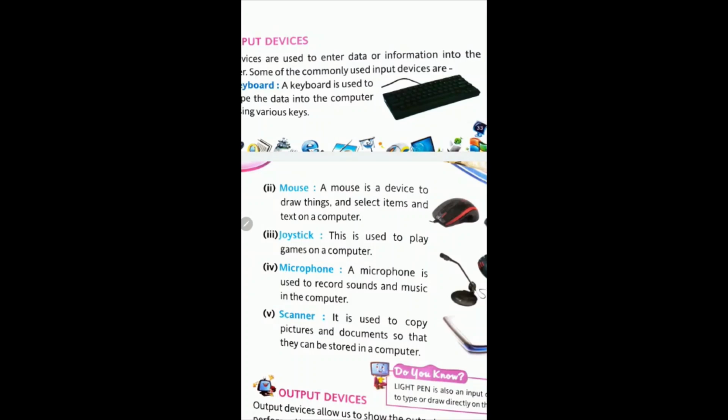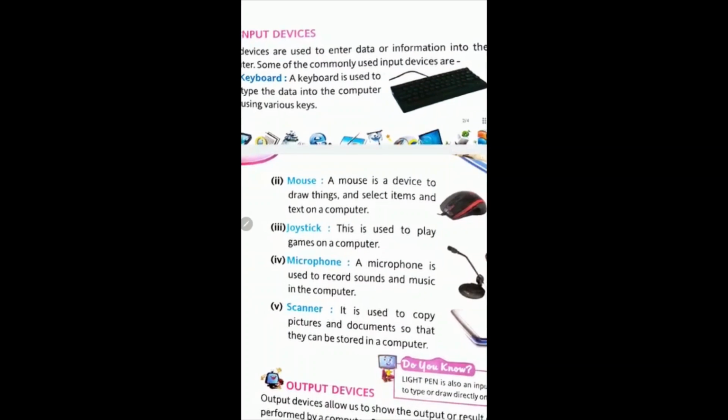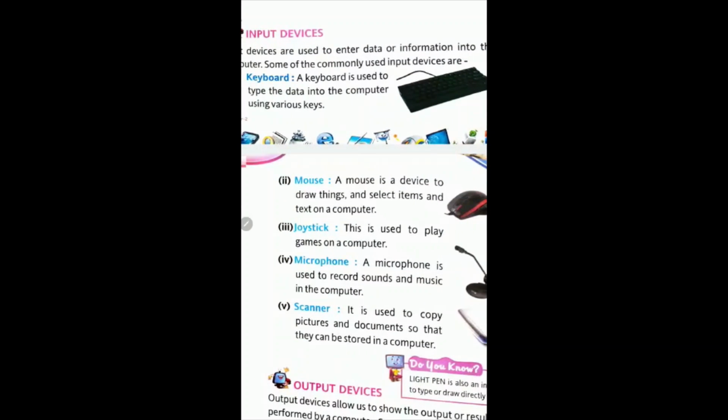There are so many keys. So that's why we say that the keyboard is the main input device, that whatever work we want to do on the computer, we can give input through the keyboard.